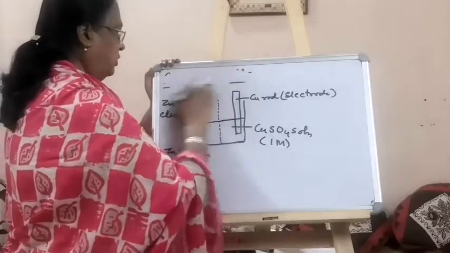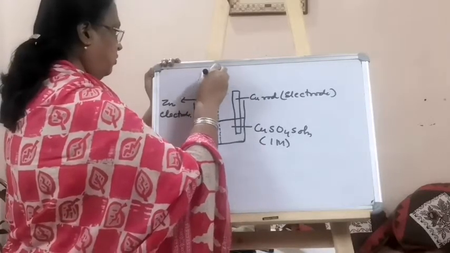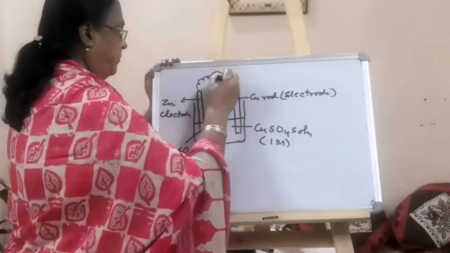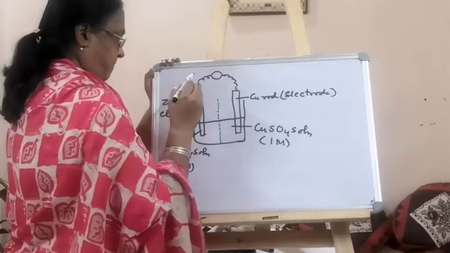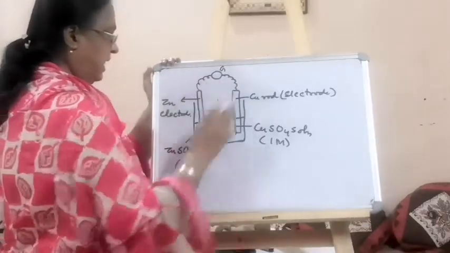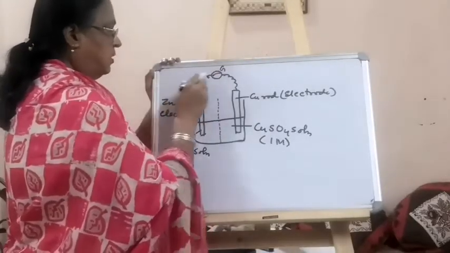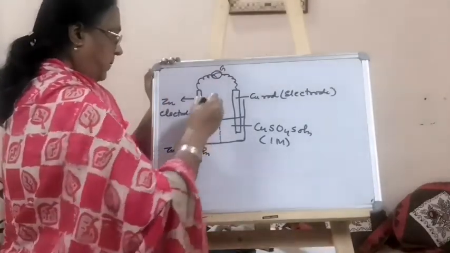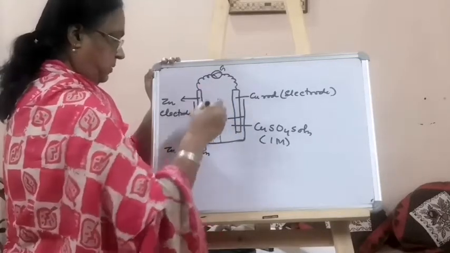Now these two electrodes are connected together through a galvanometer, here connected. So this is your galvanometer. When you have fixed it like this, you will see that if 0 is here, the needle is at 0, which means no current is flowing. But when the two solutions are separated here by a porous plate,